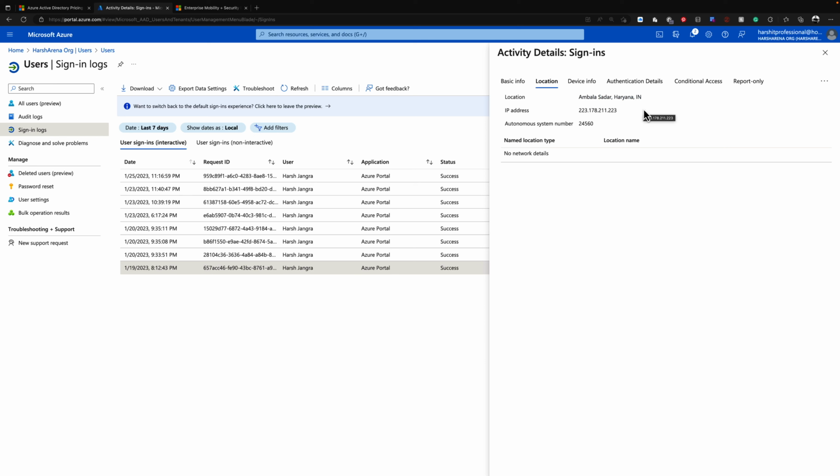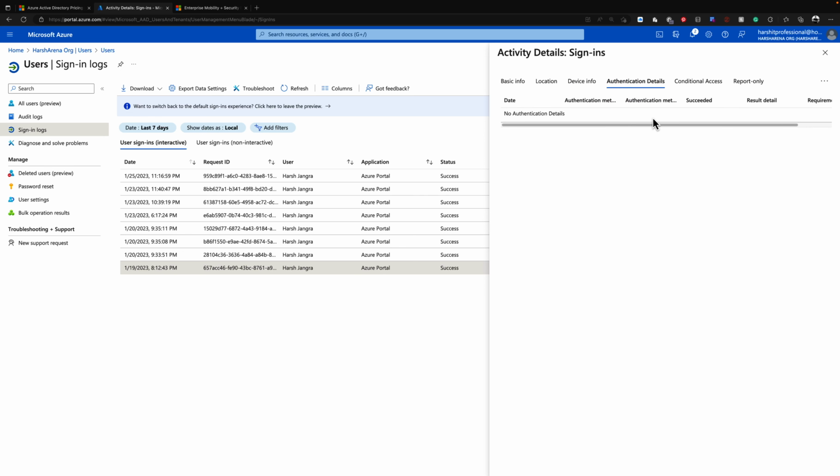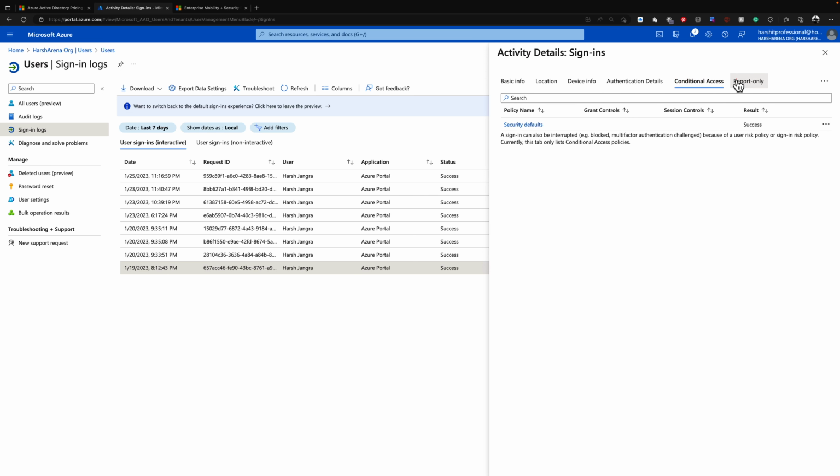It's absolutely fine with me. What are the device info? Because I'm using the Mac operating system, that's why it's telling me, and I'm using a Chrome based browser, though I'm using Microsoft Edge, which is a Chrome based browser. So that's how, guys, it is gonna give you a bunch of details that is required in terms of troubleshooting